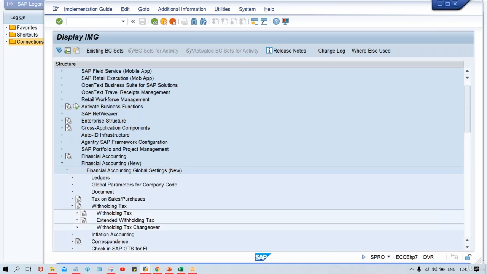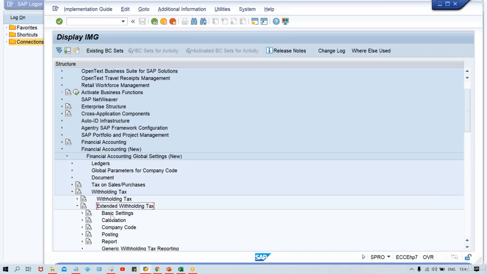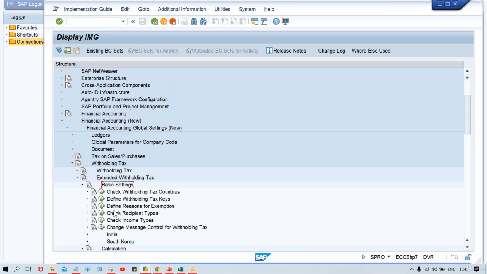So here you just expand this extended withholding tax. Now basic setting, calculation, we'll have a look one by one. So first of all, expand this basic setting. Here in basic setting, what you have to do is country. Most likely if you are using an online server, then the country will already be set up. In case of an offline server, in the sense that you get it installed from somewhere,